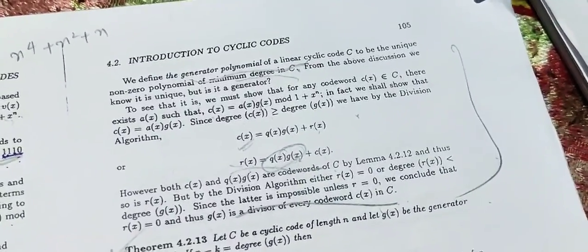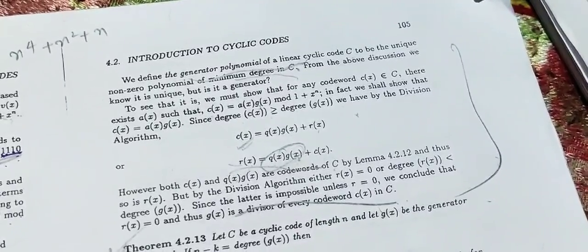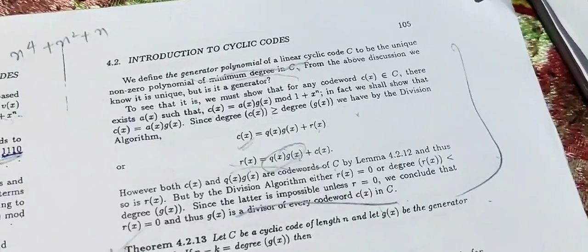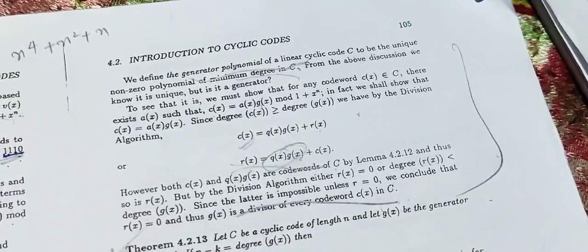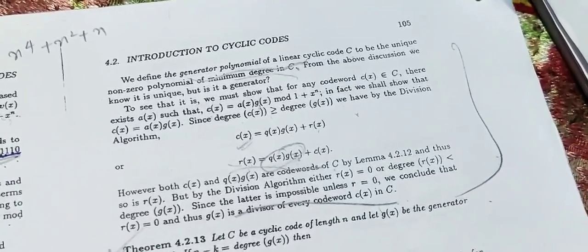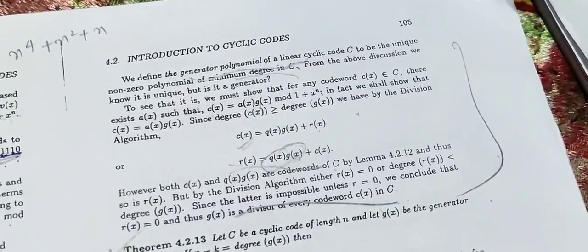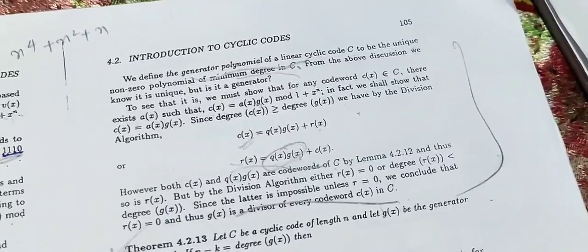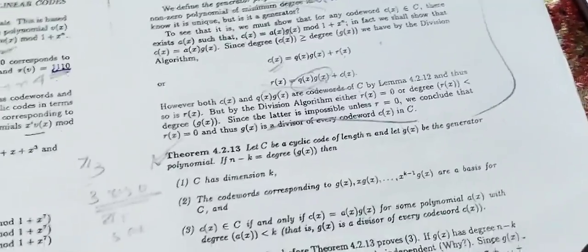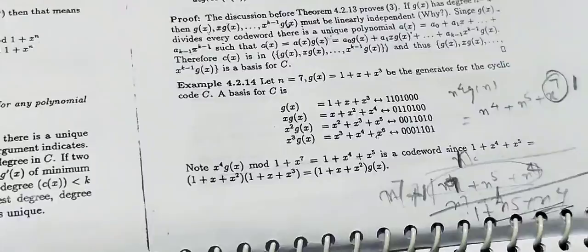So since g of x divides every code word, g of x is the common element. Each one has a different degree, but g of x is common. So g of x divides every code word, and there is a unique polynomial a of x equal to a naught plus a1 x, etc., plus a k minus 1 x raised to k minus 1, such that